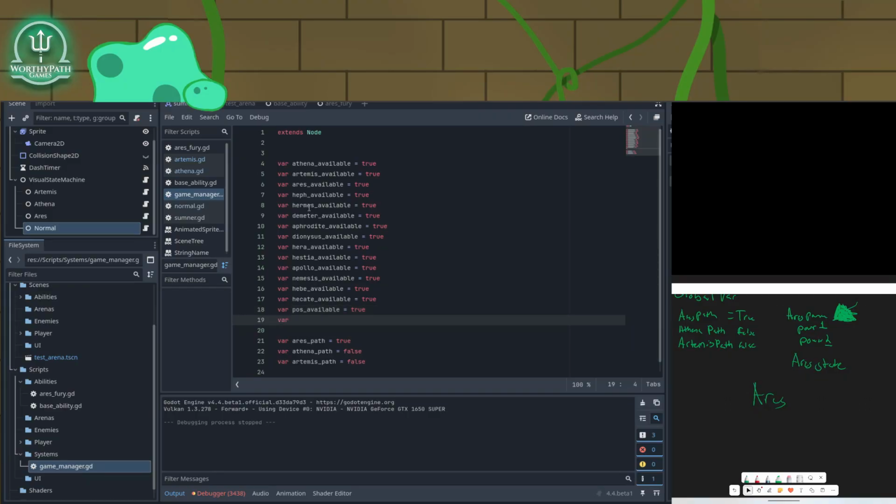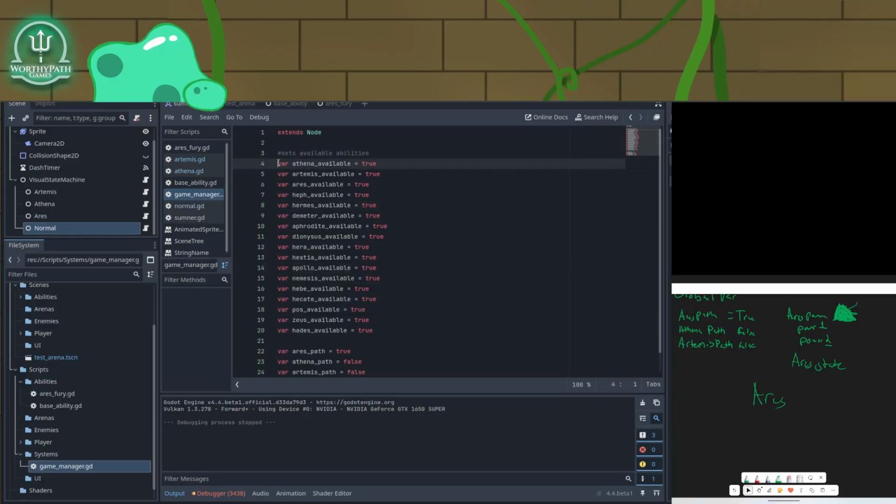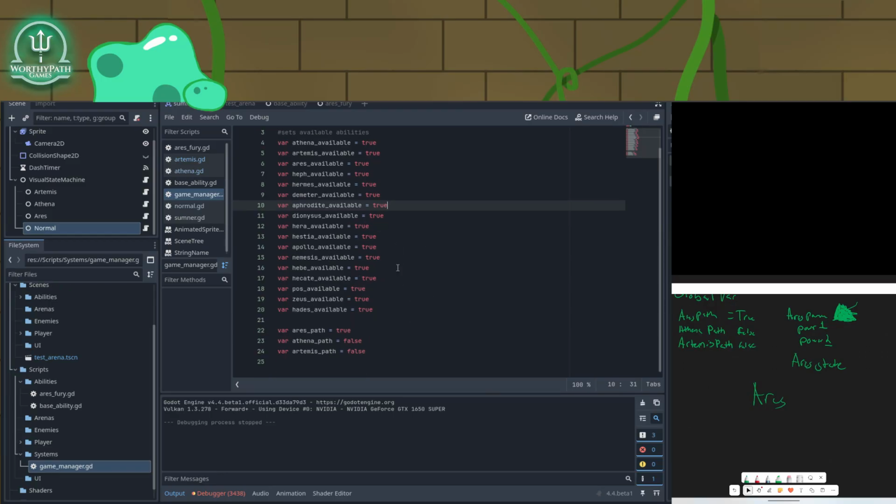Var Zeus available equals true. Var Hades available equals true. Okay, so now with them all being like this, right? Sets available abilities. There should be a way I can kind of make them minimize it, but it is what it is. So I have all those,